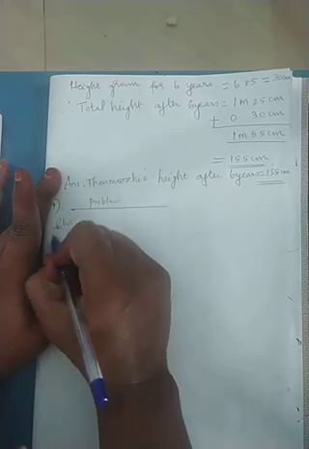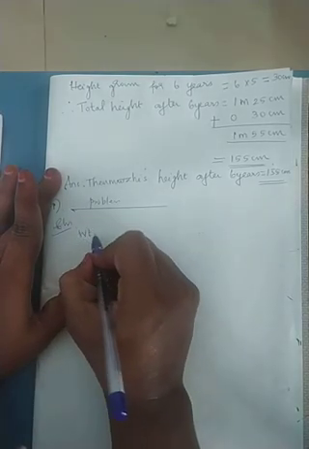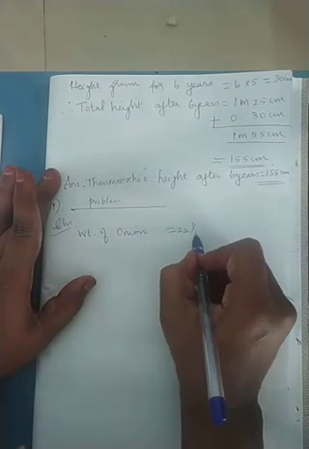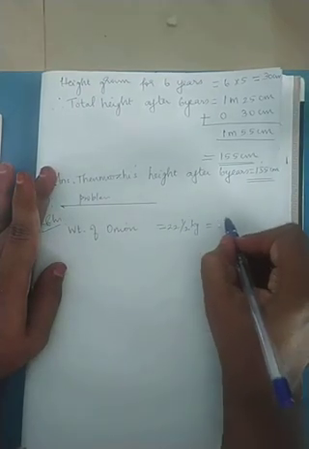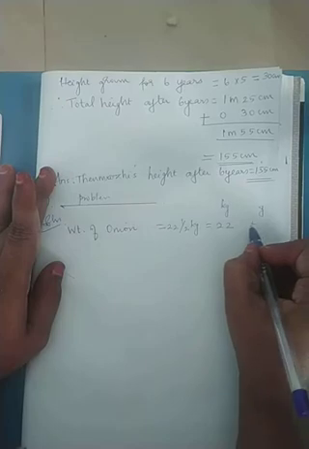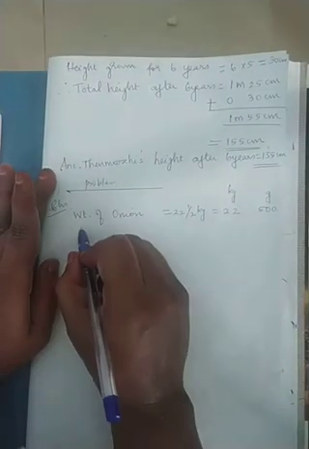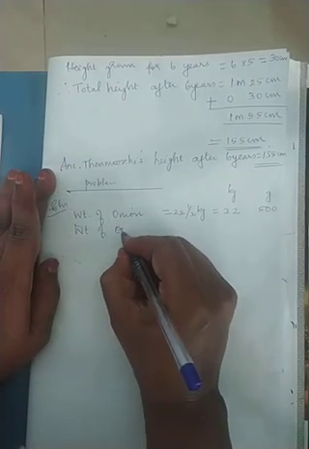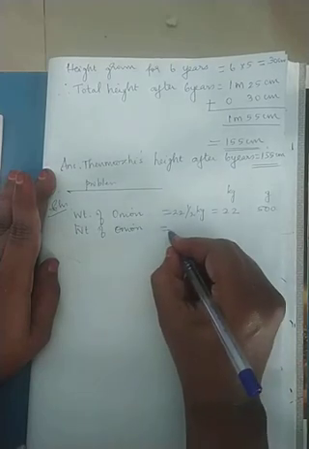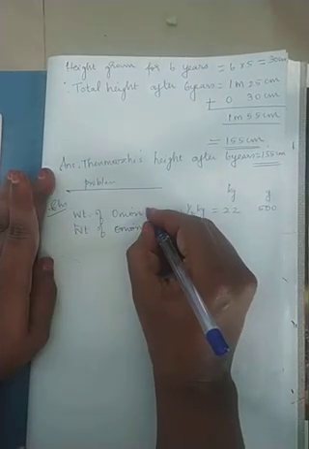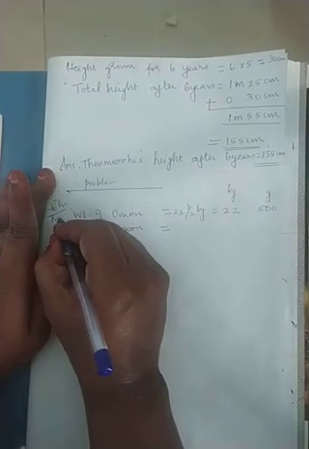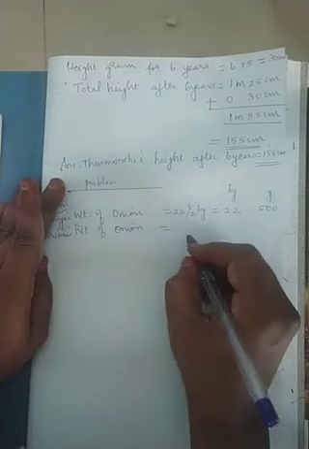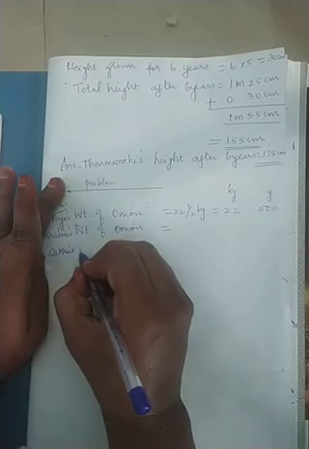Okay, write the solution. Weight of onion. How much is the weight? 22.5 kg. That is 22 here kilogram, here gram, 500 grams. Half is equal to 500 grams. Now, weight of onion bought by Krishna. This is bought by Priya. Priya's weight of onion, Krishna's weight. Sedu also bought onion, so Sedu's weight of onion.